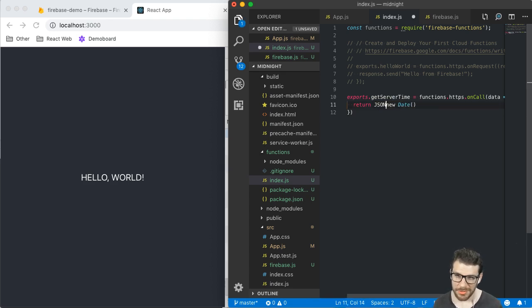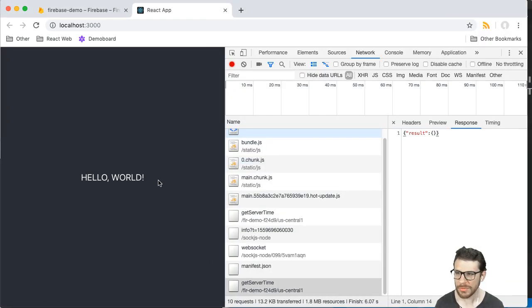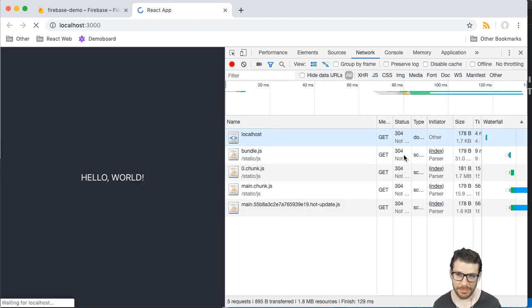If you do JSON.stringify, it'll turn it into an actual string. But instead of doing that, the way I like to do this is to call getTime, which turns it into a number, which is a little bit easier to work with. The point I'm trying to make is that you have to return serializable stuff. You can't just return any object. It has to be strings and numbers and stuff. So let's do this. And because I just saved the function,